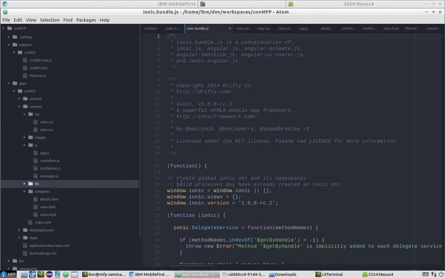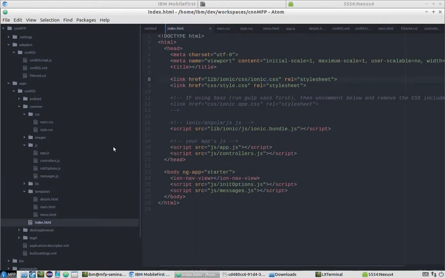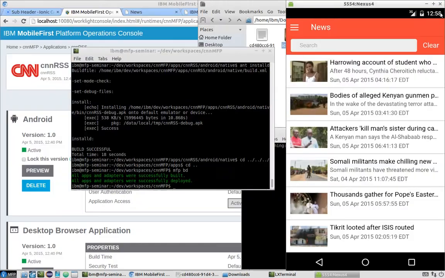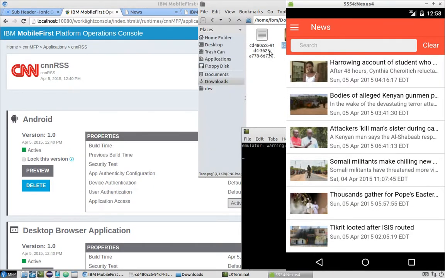And then we will need to do concatenation and minification of our code using MobileFirst Platform tools. This is part of build settings, but we will cover these topics later on in our other development app series. So at this moment, our simplest app development is finished. So we completed the